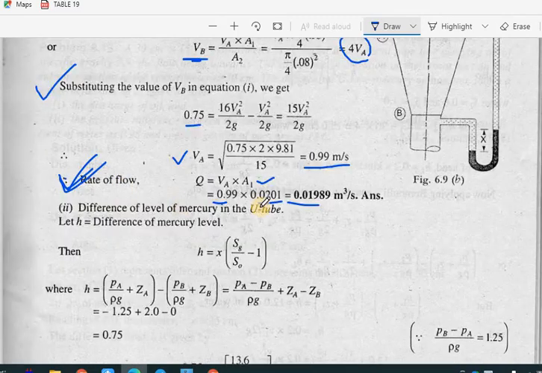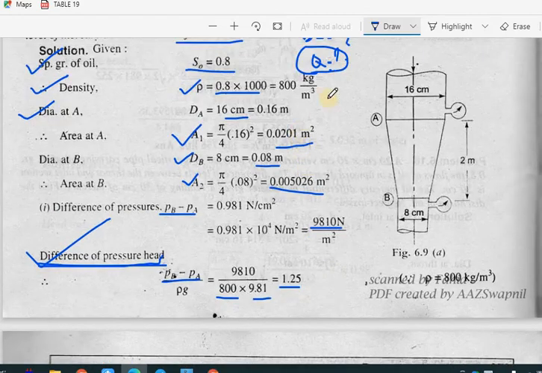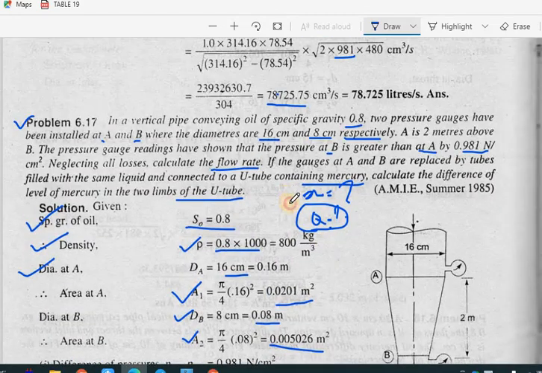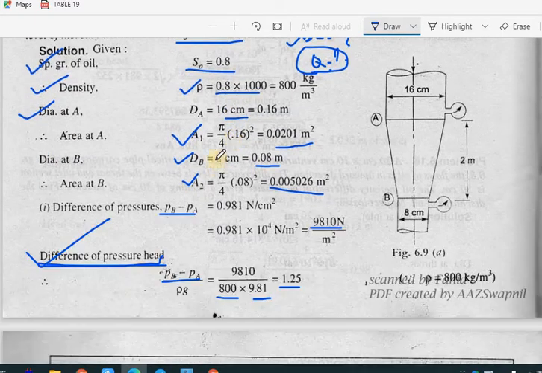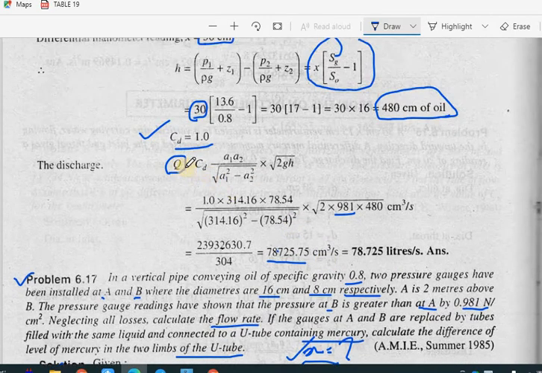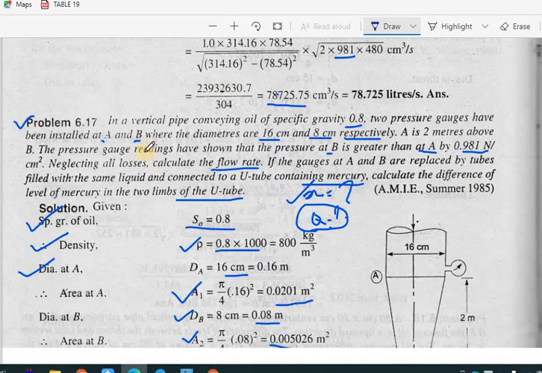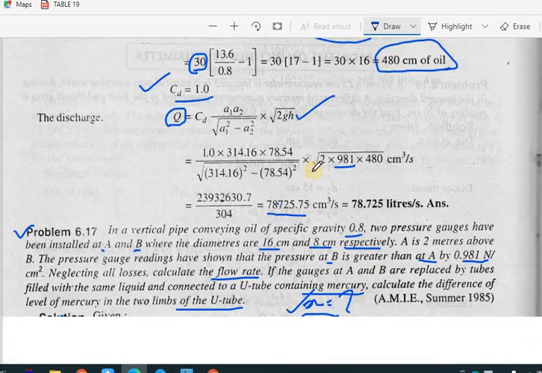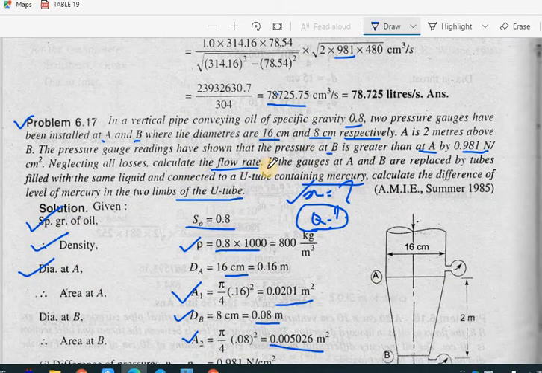The second case was that the first thing which we needed to calculate was the discharge. The second thing which we needed to calculate was the x value. Why have we used this different method to solve this? Because in this question, if we had to use the previous formula, that is the discharge formula, equals CD into A1 A2, we have got the value of A1 A2, but we have not got the value of H. For that we required the difference of reading in your manometer, but the difference of reading in the manometer was not given over here.